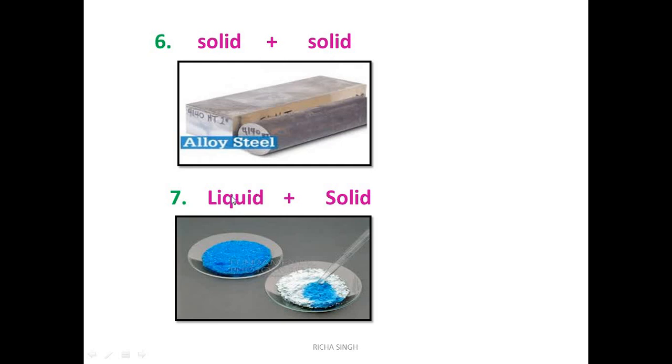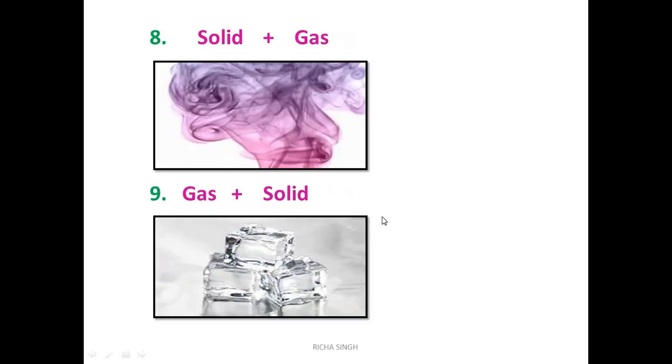Liquid and solid. Here liquid is acting as a solute. It is in lesser quantity, and solid is the solvent that is in greater quantity. You will be studying more about this. This is hydrated salts. Hydrated salts means which have water in them. Actually this is copper sulfate which is of white color, but when we add water to it, its color changes to blue. So this white copper sulfate is in larger quantity and a small amount of water is added, then it forms a liquid-solid solution.